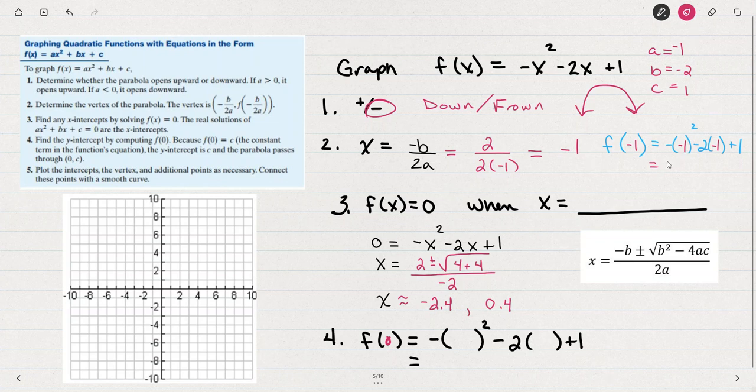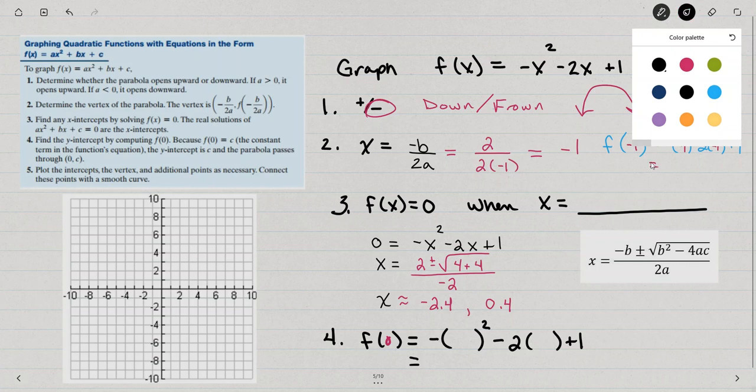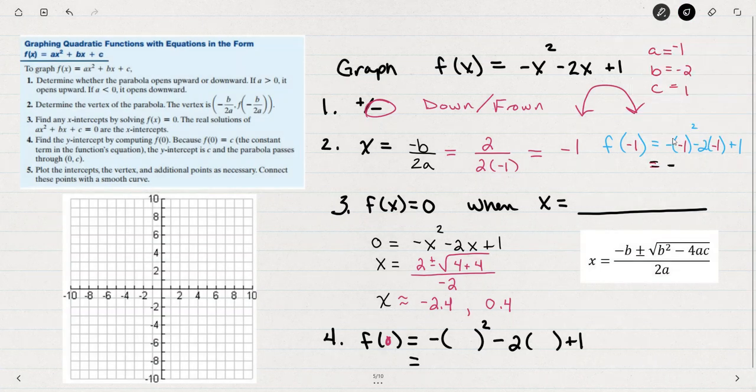So it looks like we'd have, this negative is still here. So the opposite of +1, -2 times -1 is +2 plus 1 gives us a 2. So it looks like the vertex is going to be -1, 2,